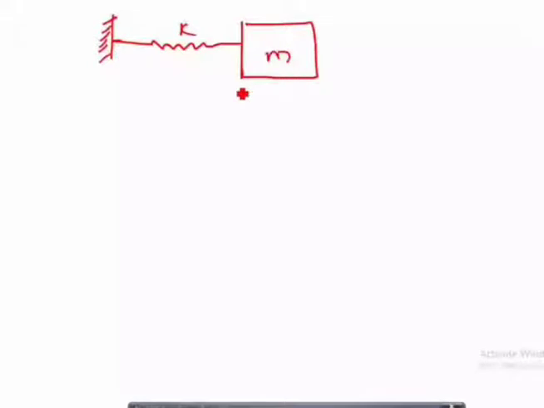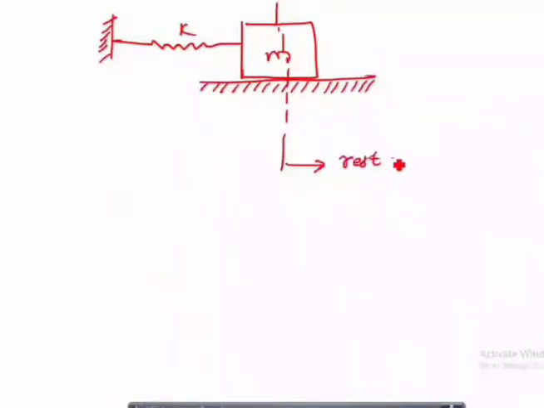Now next, to do the further analysis, let us consider a simple spring mass system. Let me take a simple spring mass system connected to a spring, let us say K, and this is a mass M. And this mass M is sliding on a dry surface, right? So this is a dry surface. Let us say this is the mean position of the mass, or you can call it the rest position, or the equilibrium position. So this is the rest or mean or equilibrium position.